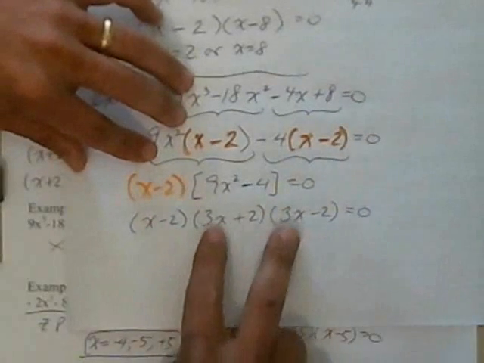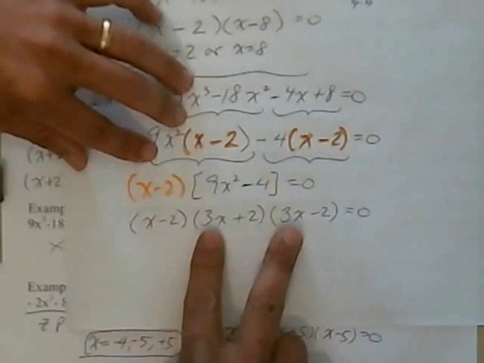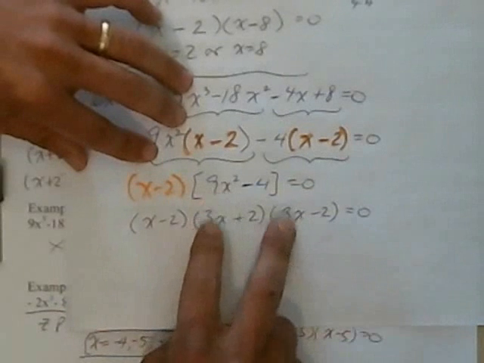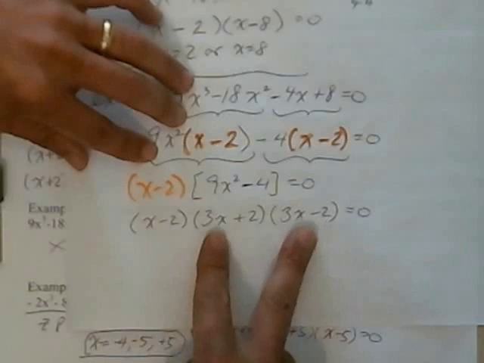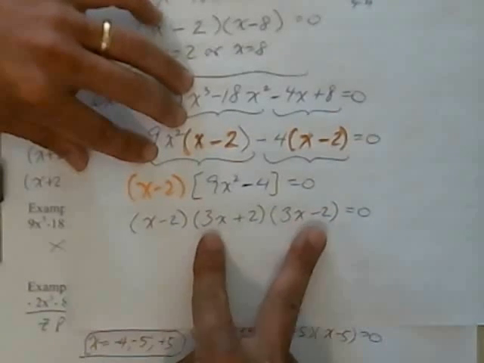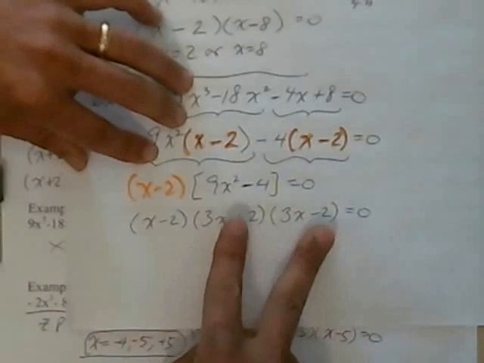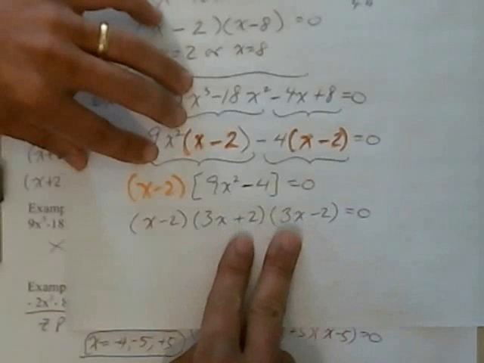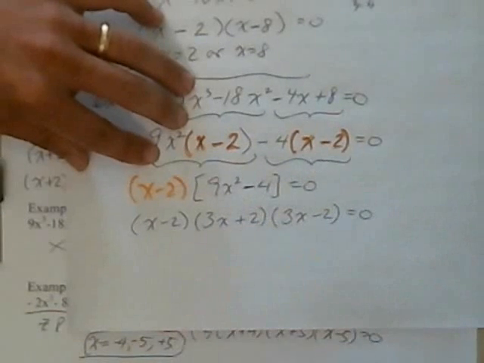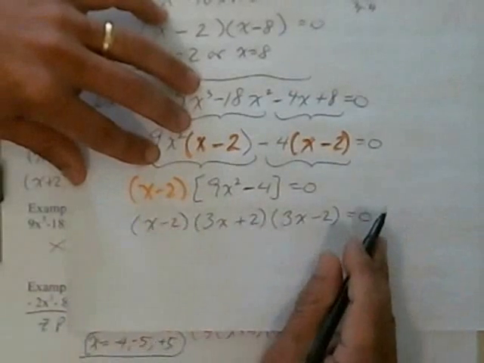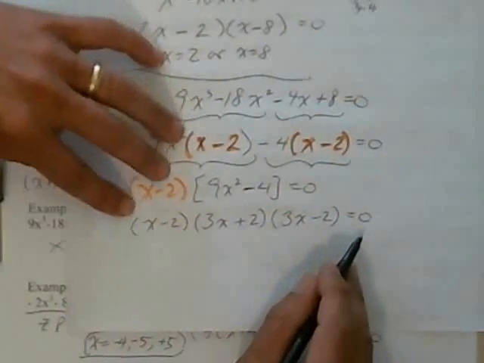Let's pull this out just to make sure. 3x times 3x is 9x squared. There it is. O, outer. Minus 6x, inner, plus 6x. Notice that the outer and the inners cancel. That's the beauty of conjugates. Okay? And then plus 2 times negative 2 is minus 4. Now we zip it out, take the zero product property,